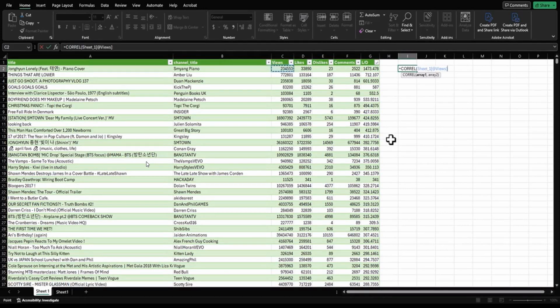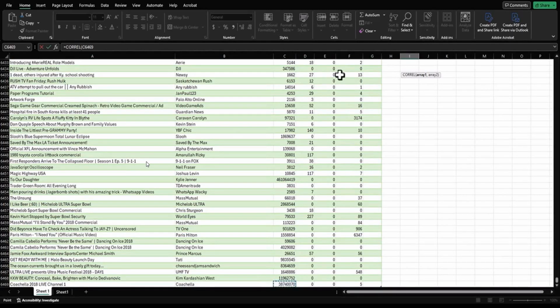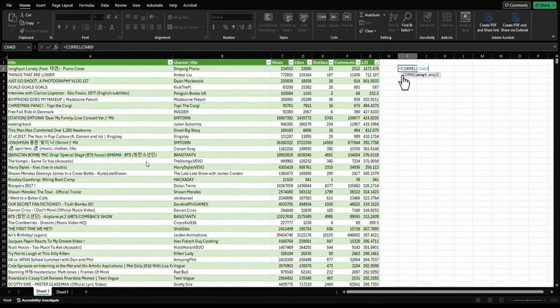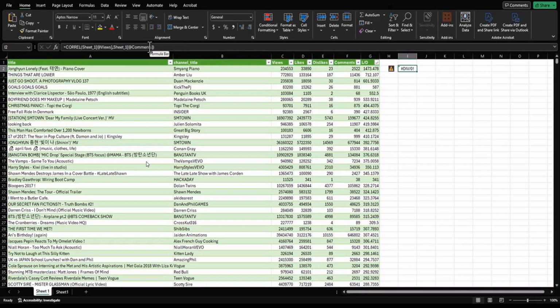I'm going to do Sheet1 views. We can also pick all the way down at the bottom of our sheet, so we could scan the entire thing. Let's just try to do it as the table wants us to, and see if that works. That's the first array. The second array is going to be comments. Let's see if that works. Nope, can't do that. It doesn't like us pulling that. So we're going to have to actually use the full